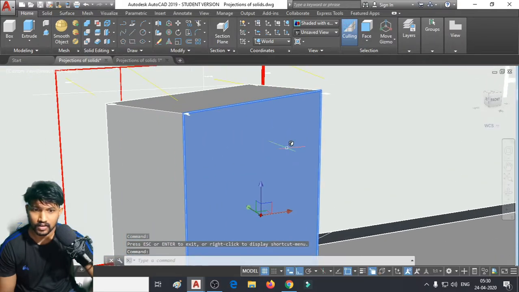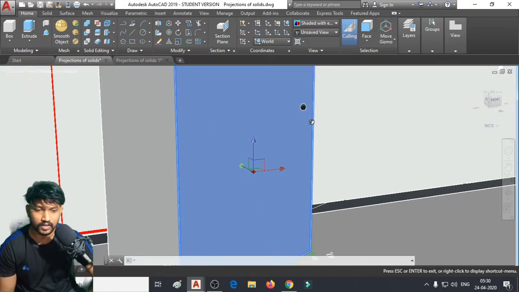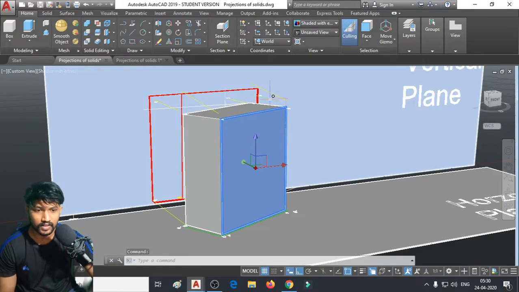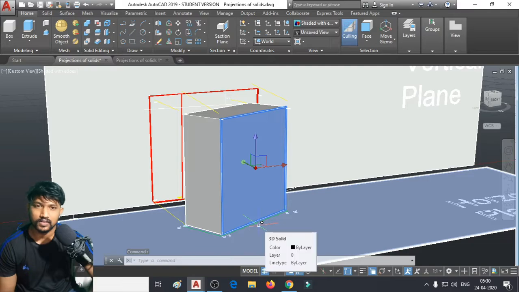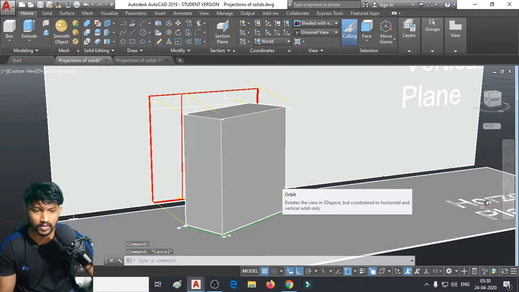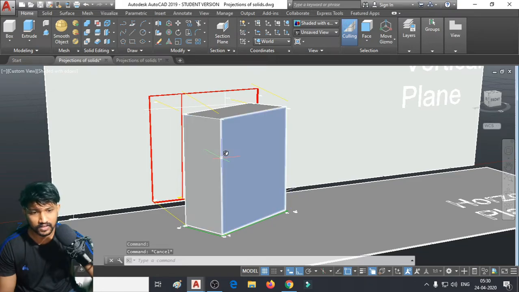These are called corners or vertices. The vertices are nothing but the intersection of two different edges. So these are all edges. A plane will have edges, vertices or corners, whereas a solid will have edges, vertices and faces.